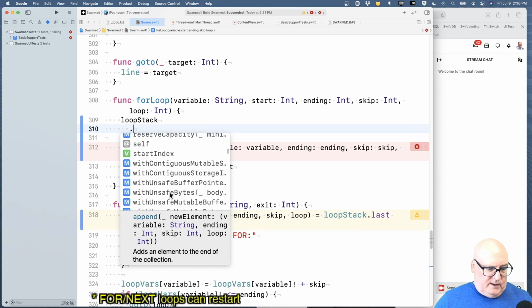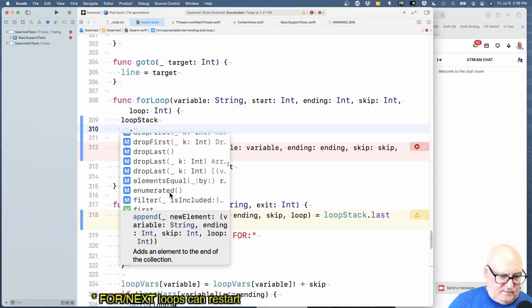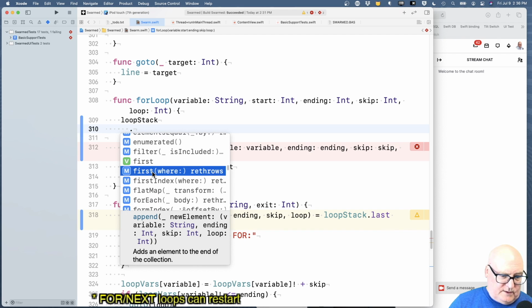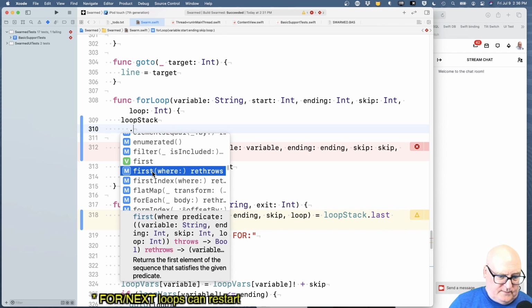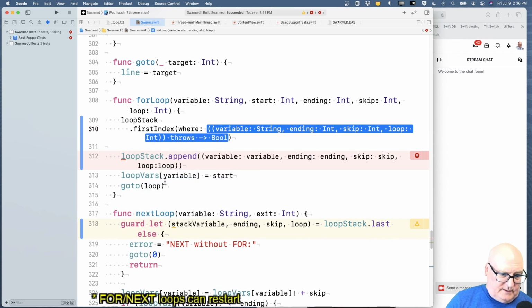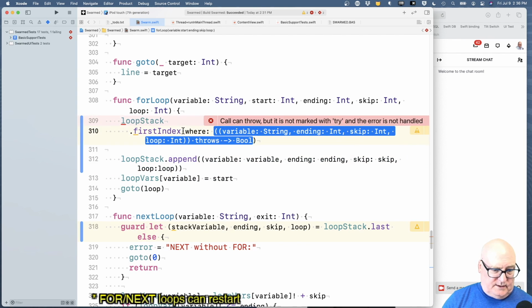We don't know where it is yet. First where? First index where? That's probably more like it. Okay. And then the where here is,